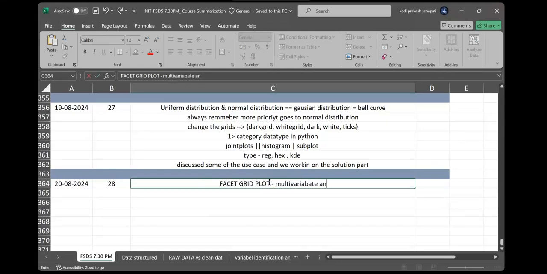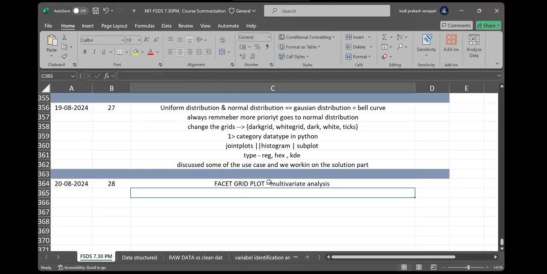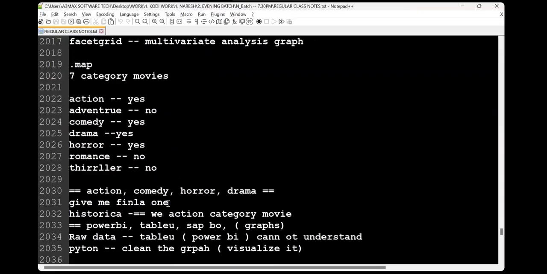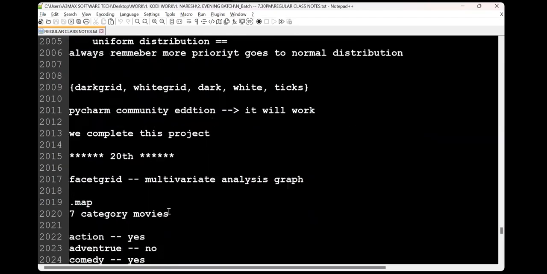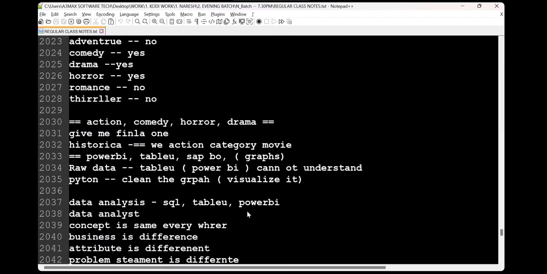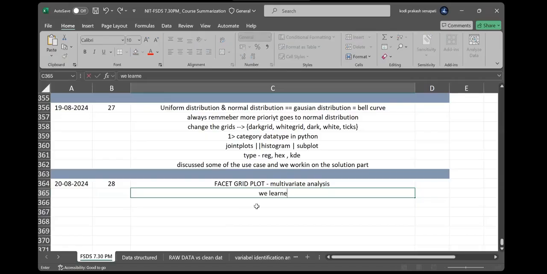Multivariate analysis. This is multivariate analysis, correct? And then we understand how the visualizations we learned would help the business or client to think and re-strategy the business, right guys?